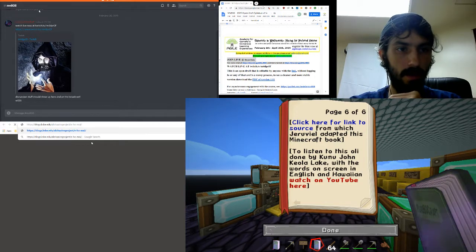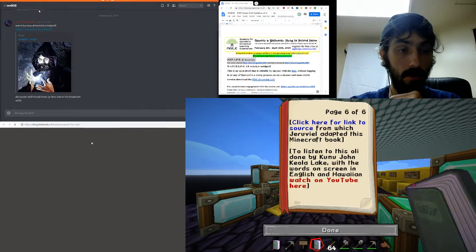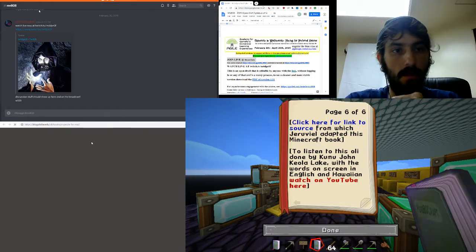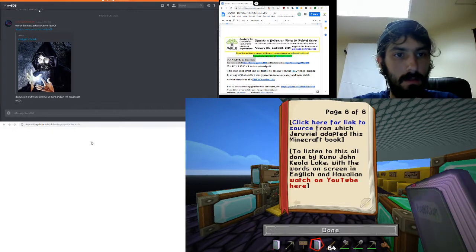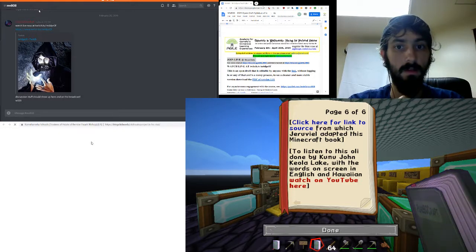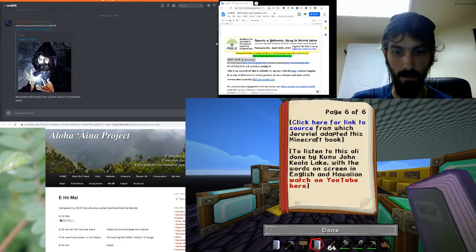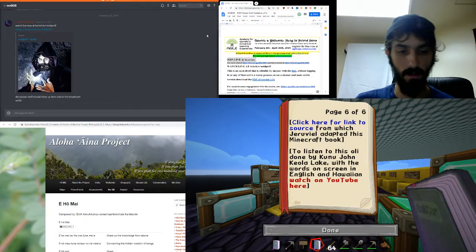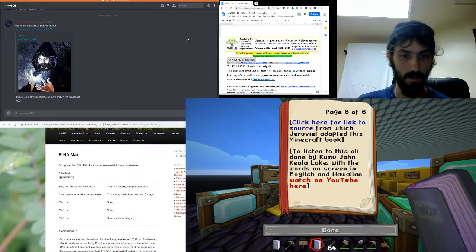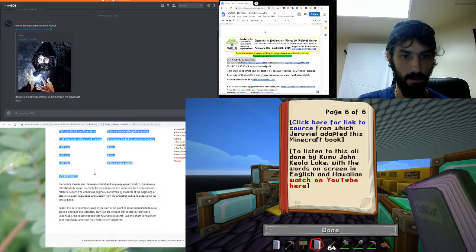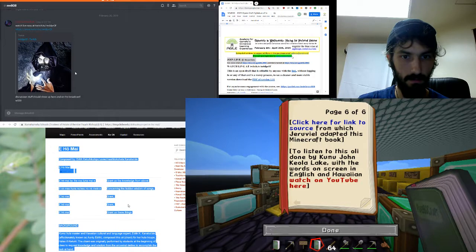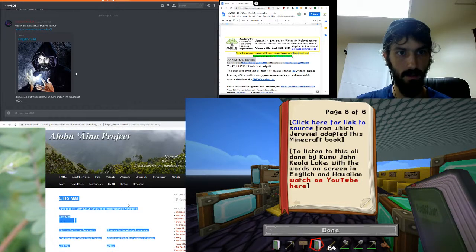Paste the link into here, and you'll see where I got the material from Kamehameha Schools to put this Ehomai Oli as one of the first books that people grab when they go into the Stardust library. So here was the material, and all I did really was highlight it, copy it, and then I pasted it